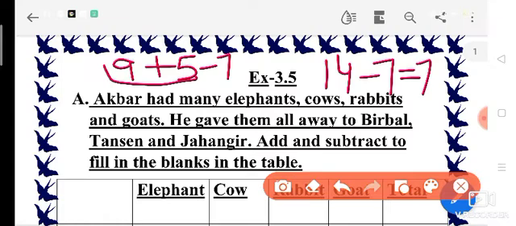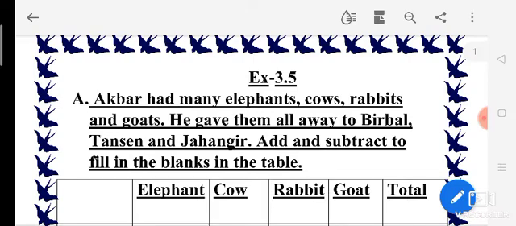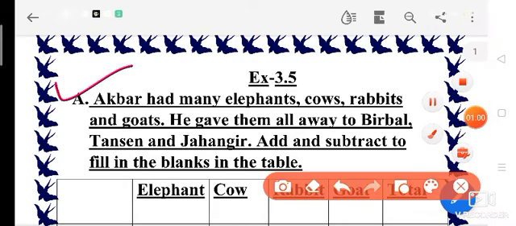So firstly let us do this part A. This is a little bit different, so you need to listen very carefully to how we are doing it. Here some numbers are given to you, and the total is also given to you. Somewhere the total is given, somewhere numbers are given, so you have to find the rest of the numbers. Like fill ups are given to you, so you have to fill the correct number there, with adding and subtracting.